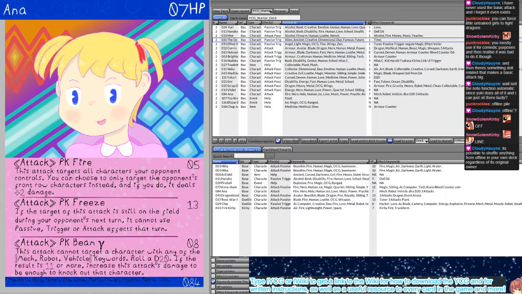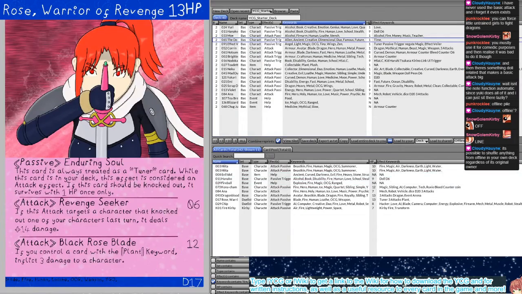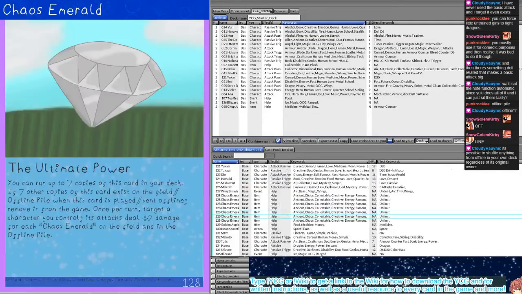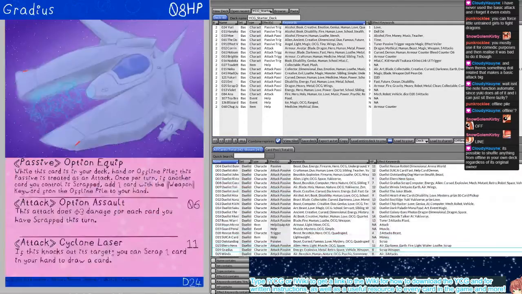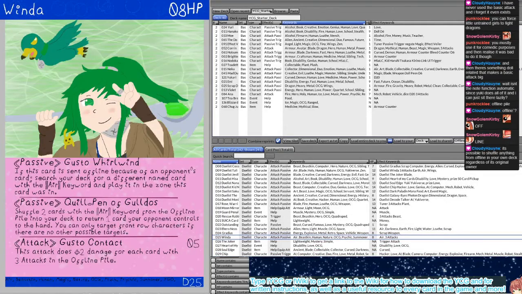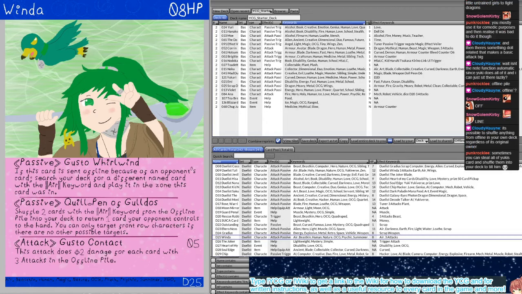Yeah, I've mentioned Winda like twice now. Let's actually just show you that card because I feel like I'm going to keep mentioning her otherwise. She's very useful for rulings. She's good like that. Where are you, Winda? There you are. So Winda has an effect that allows you to shuffle 2 cards with the air keyword from the offline pile into your deck to target a card your opponent controls and return it to the hand, right? So, as Lee has so rightly mentioned,